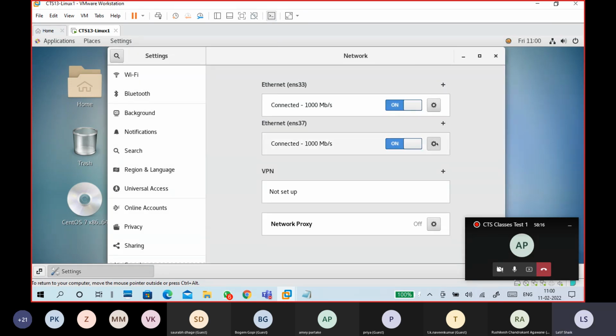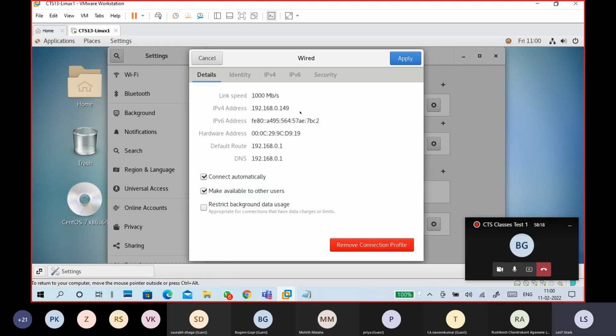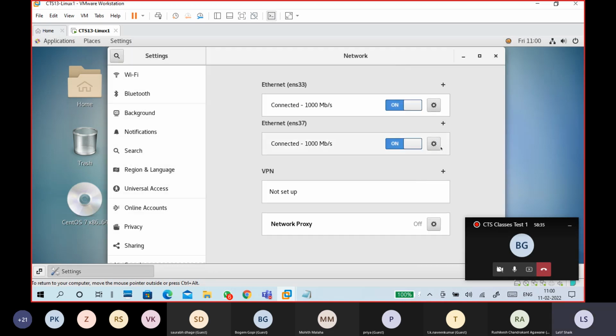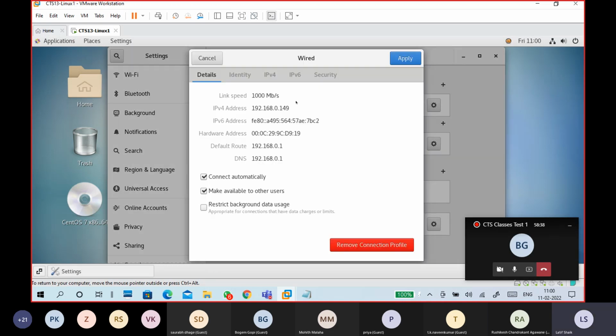Okay. Now check it once again, whether it is updated or not. It is not updating. See, I gave the IP address manually, but it is not updated. You have to give the DNS address also. You can give DNS address like 192.168.0.1. Apply. Okay, still it is not updating.